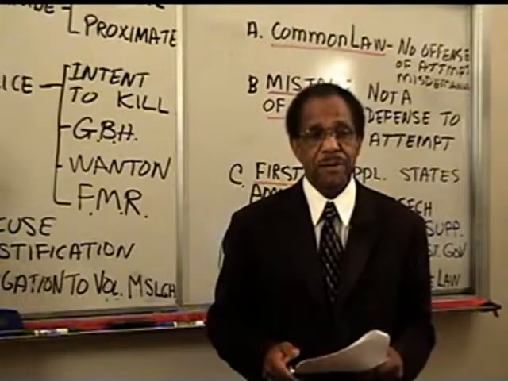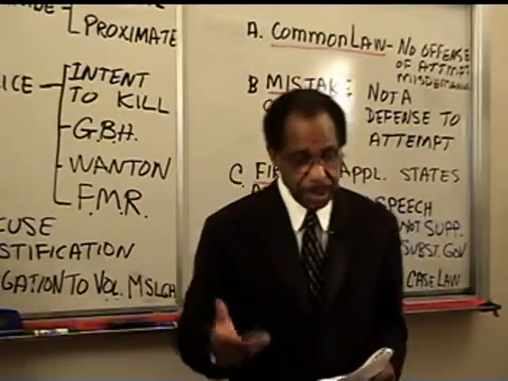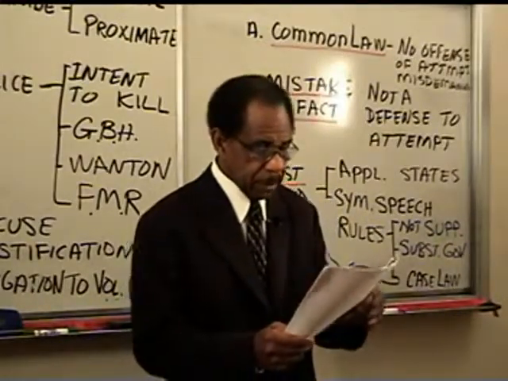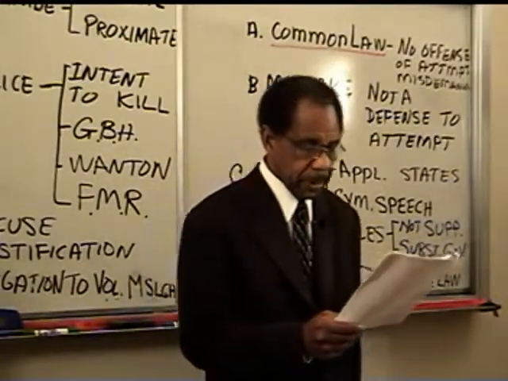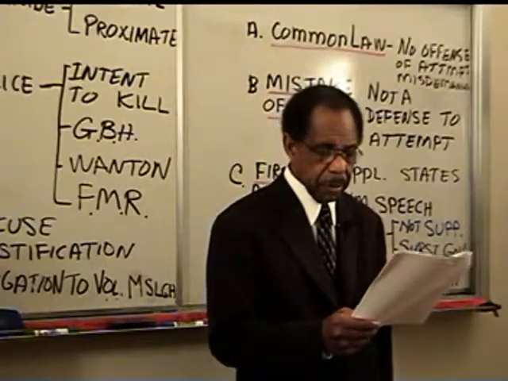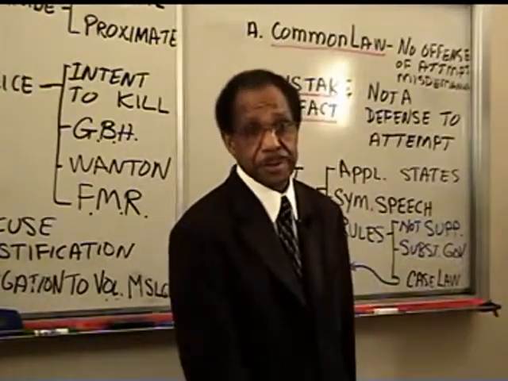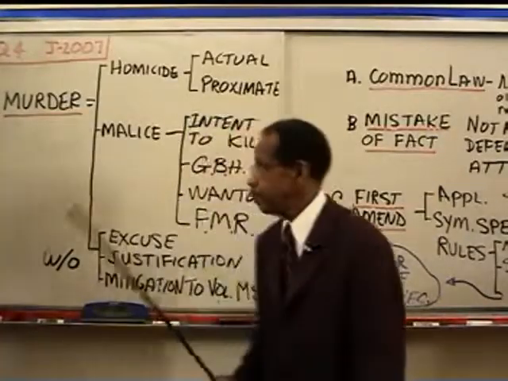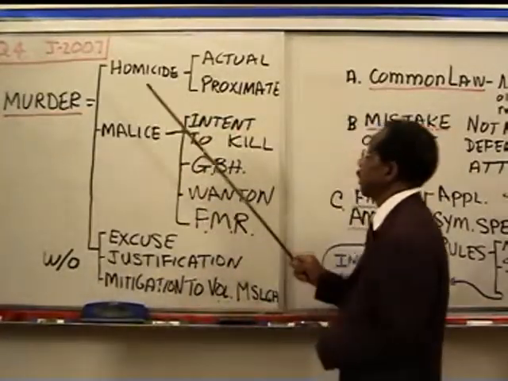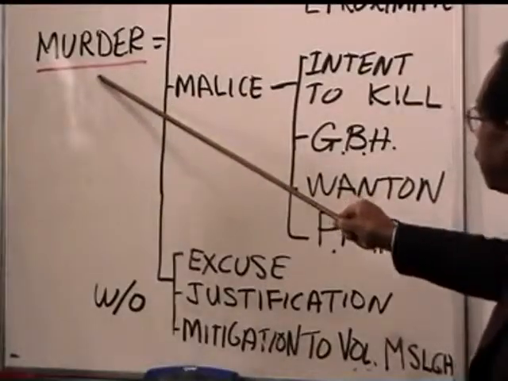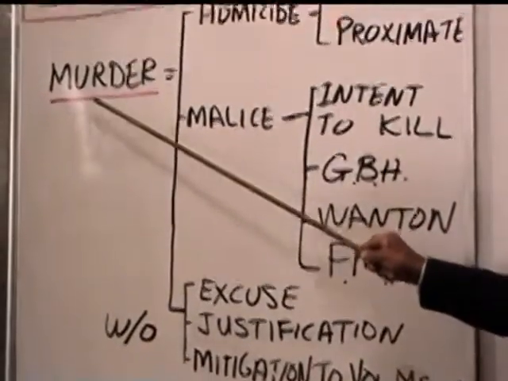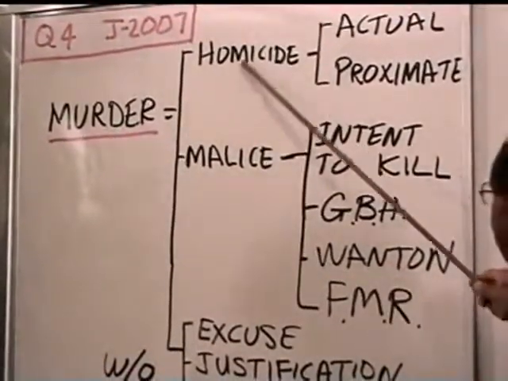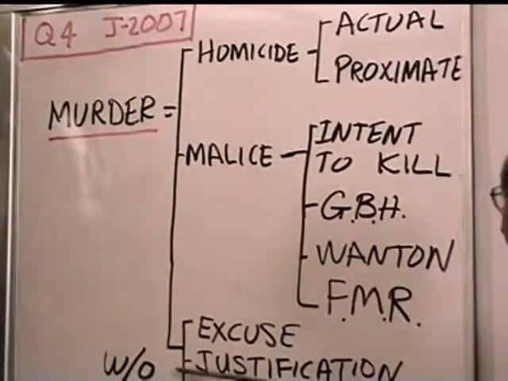That's the criminal law part of it. So let's look at that part separately. The call of the question says, may Dan be found guilty of murder or any lesser included offense? So let's take a look at those. Murder, can Dan be convicted of murder? So we need to look at the elements of murder and see if they can be satisfied.